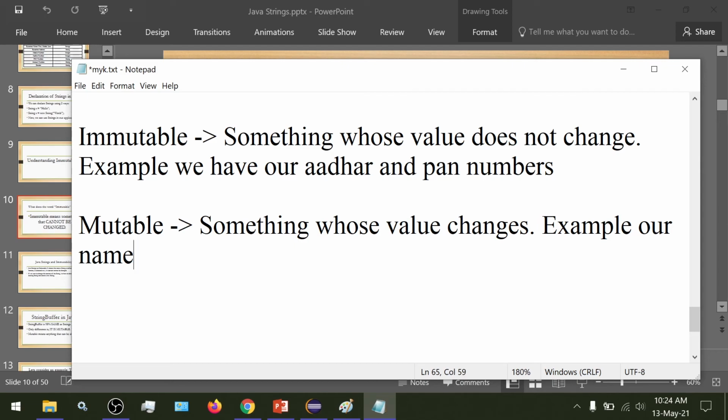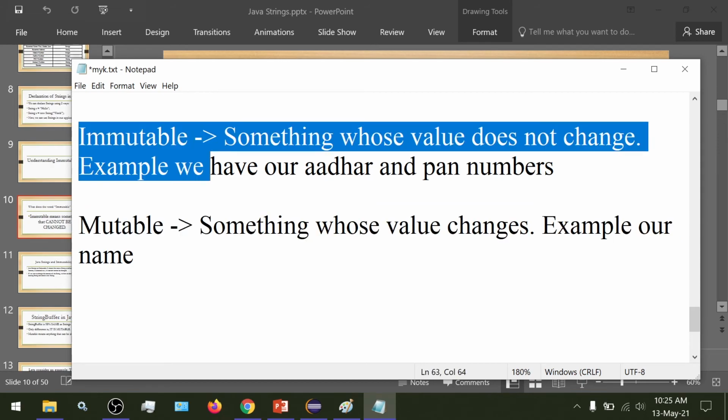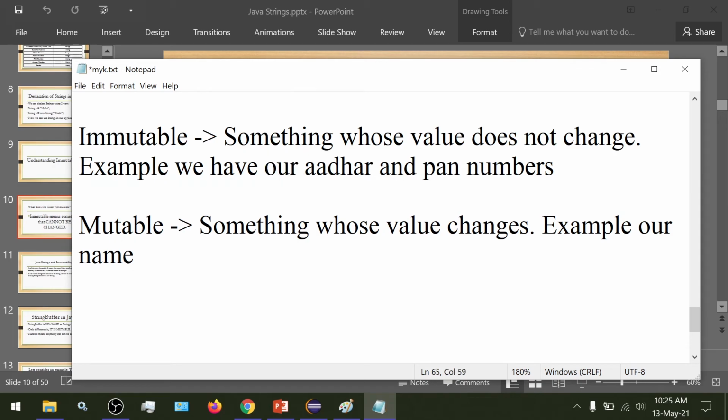We would have to undergo some legal procedure, but yes, we can change it. But we cannot change our Aadhaar number and PAN numbers, so they are immutable. Whereas something whose value changes, for example, our name, is mutable.